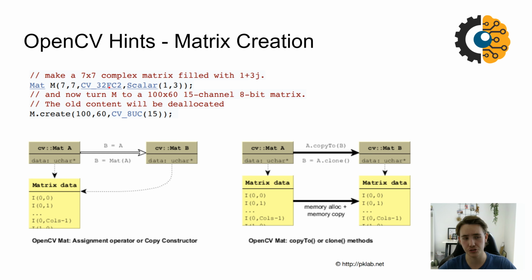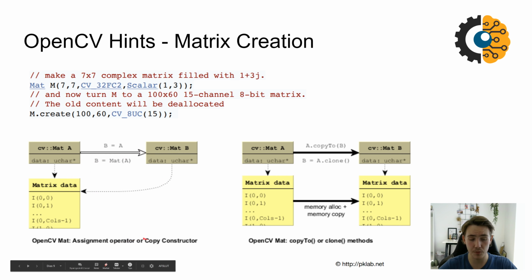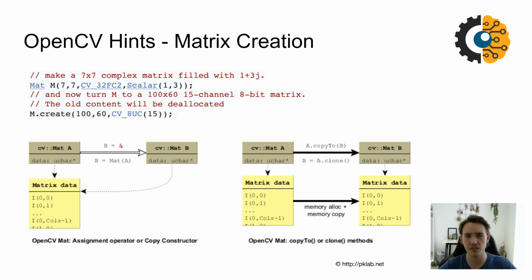As we just do with images, we can also have a Mat and then load an image in, and then our image will be stored in a matrix. And then we can also see down here that we have the assignment operator. If we try to do b equals a here, we will not get a copy of our matrix